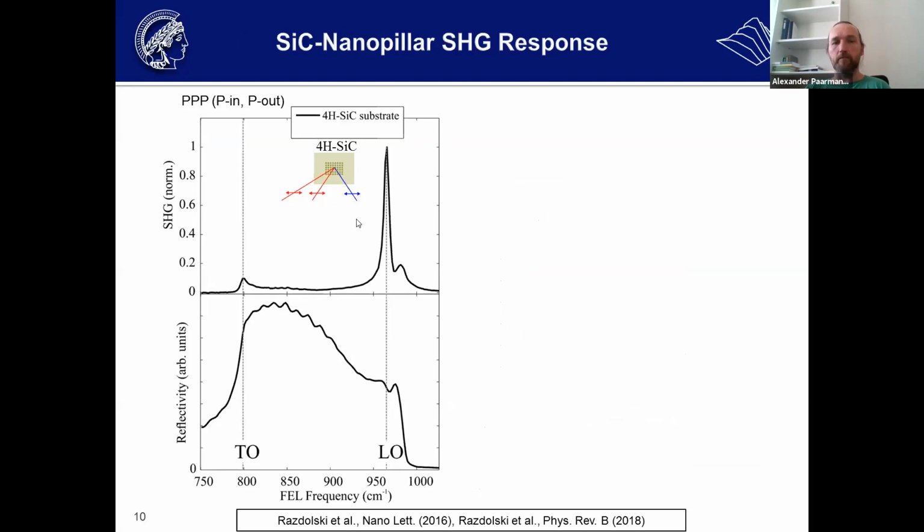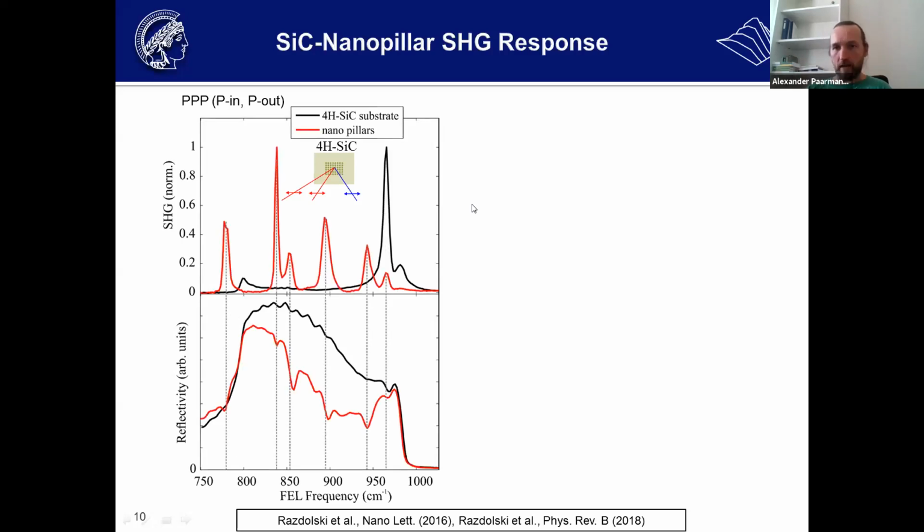We got some samples from Joshua and started doing first experiments. So first we basically shot next to these nanostructures on a substrate. You see a spectrum that's sort of similar to what I've shown you in the SHG introduction slide. But then as we move the sample to get the nanophotonic structure into the focus, you see that